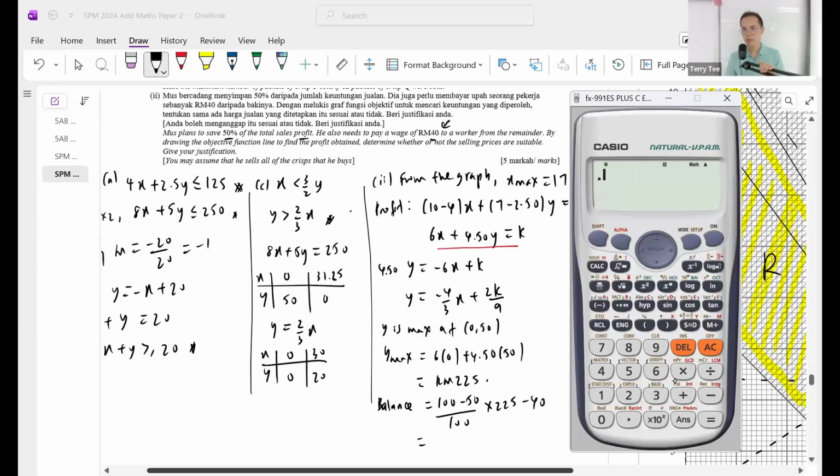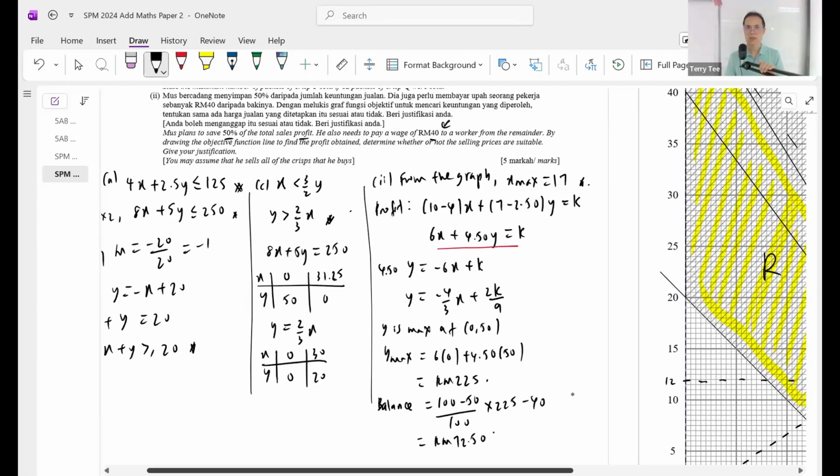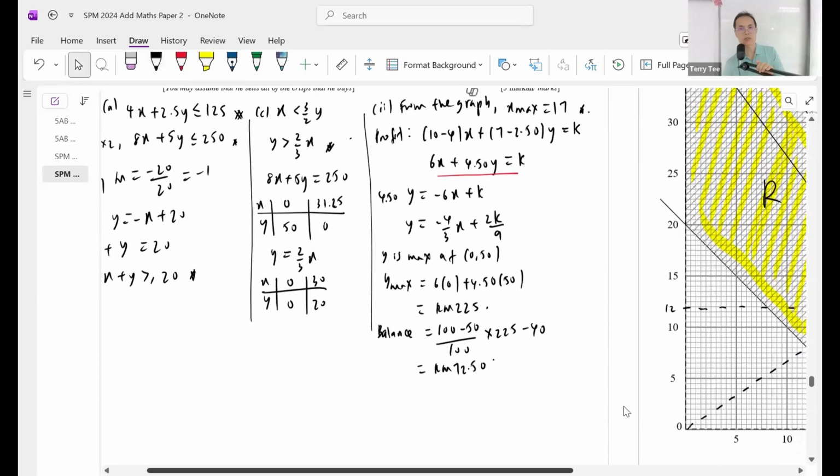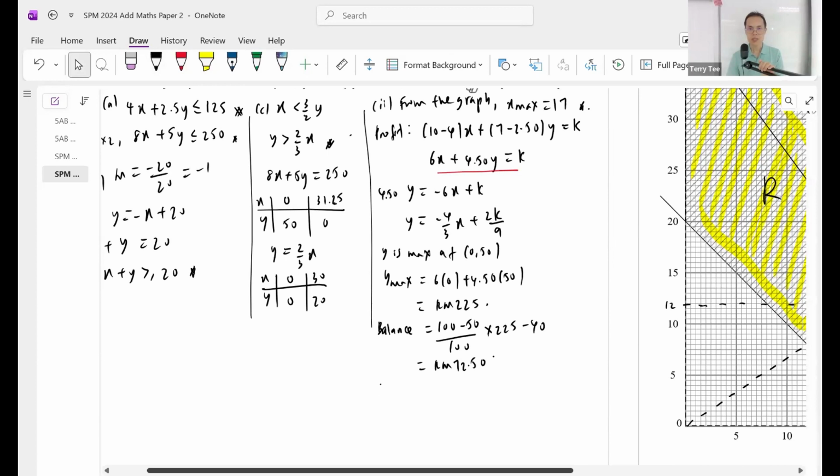So what is 50% of 225? Is this right? 112.5, right? Minus 40 ringgit, RM 72.50. Okay, so here's the thing. Because we use this to determine whether the selling price is suitable. So answer, selling price suitable, right? Because why? Suitable because he still has